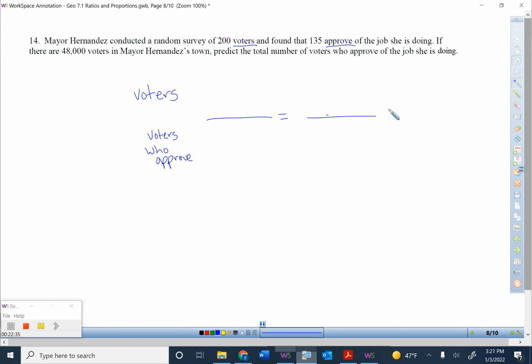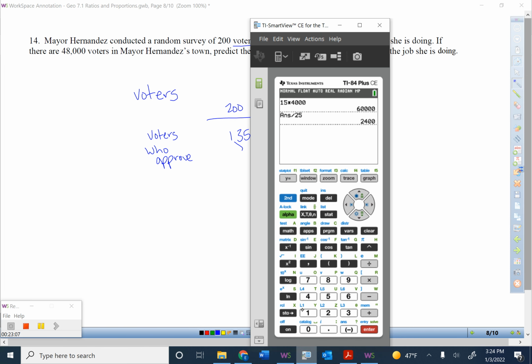Okay, it says 200 voters, that goes on the top here. It says 135 with the approved section. And over here we've got 48,000 voters, so that part just goes on the top, because it doesn't tell us anything else, and we want to know how many approve, so that's our X. Okay, we're going ahead and setting this up, same process as last time. 200 gets multiplied times the X, and we're setting it equal to the 135 times the 48,000,